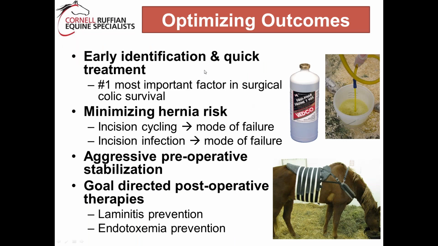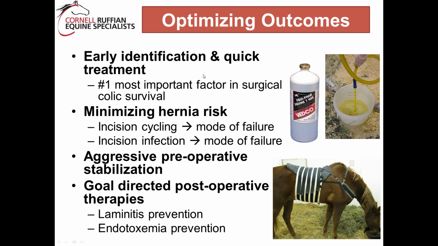One is early identification and quick treatment. That is the number one thing. If you can train your friends, your clients, that the worst case scenario when you send the colic to a clinic that has just literally a little bit of gas is you've got transportation and a hospitalization fee for essentially an overnight stay. The best case scenario is that they are at a facility where if they need more advanced intervention, you get into it quickly, you have the best possible outcome for the cheapest possible price,